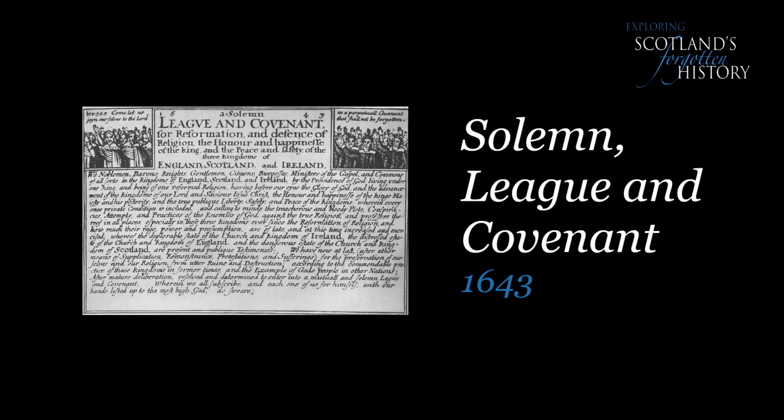They wanted to see the Church in England become the same as the Church of Scotland in its belief, in its worship, and in its church government, Presbyterian. Now, one Scottish minister, Robert Baillie, said the English were for a civil league, we for a religious covenant. And the end result was a mixture of both, and it was known as the Solemn League and Covenant.